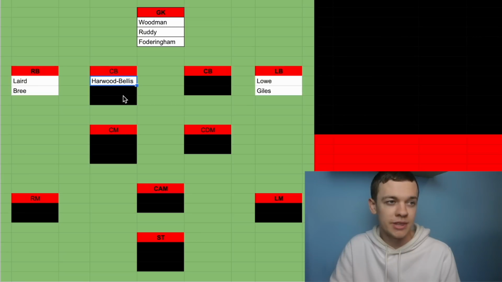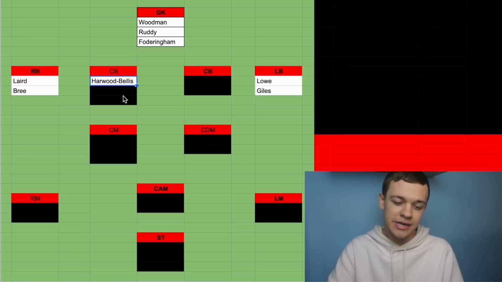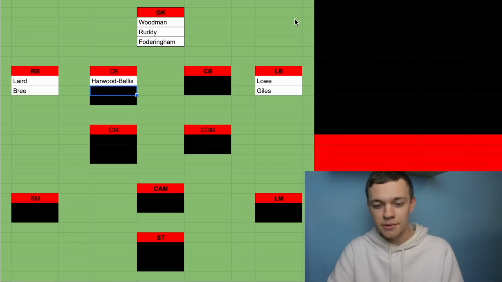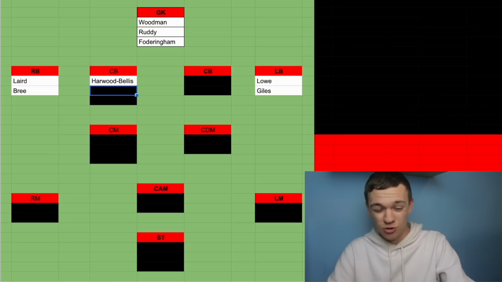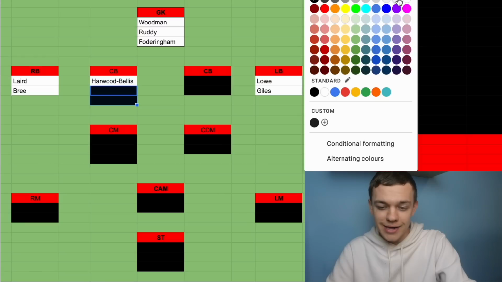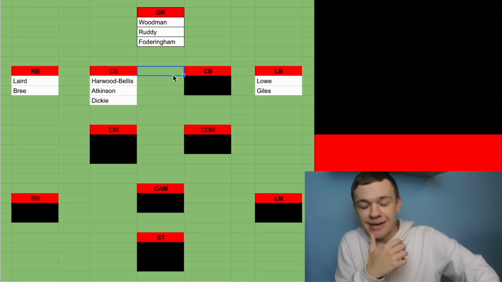I think the more we've seen him in the Championship over these last few loan spells, the better he's gone ahead and got each time. And so far this season at Burnley, really composed on the ball, fits into this Vincent Kompany system, and also a top defender as well. My other two defenders for this right-hand side, I've then gone for Rob Atkinson at Bristol City and Rob Dickie